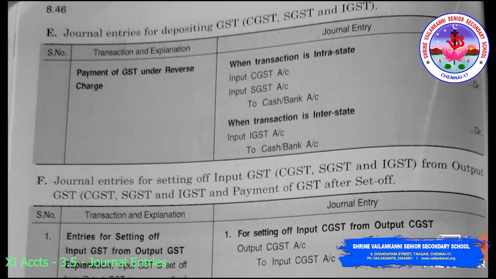So you have to give the entry as input CGST account, input SGST account to cash or bank account. Okay, so payment of GST under reverse charge, in the sense you yourself pay